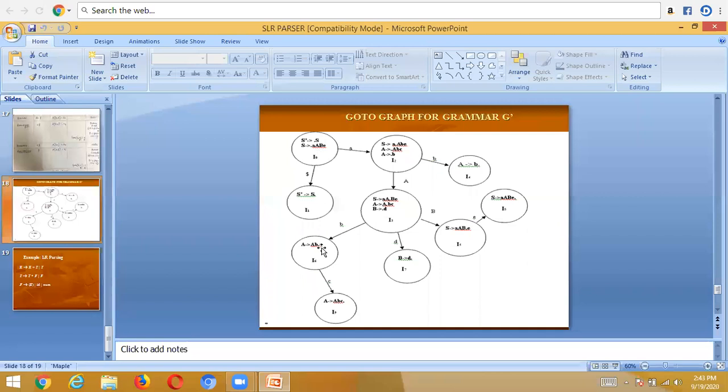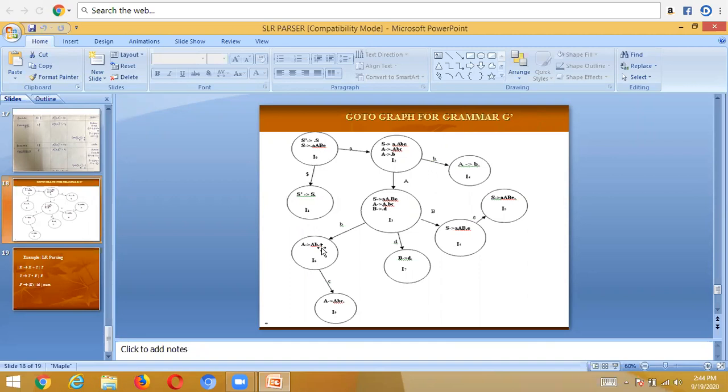No need to bother whether it is an NFA or a DFA. In this type of parsing technique, we are not constructing conversions from NFA to DFA, right? So just at the last step, draw the graph like this. Why are we calling this a goto graph? Because we are taking everything, the states, the input symbols and the output states, from the goto computations. So the name for this graph is the goto graph for the grammar G.